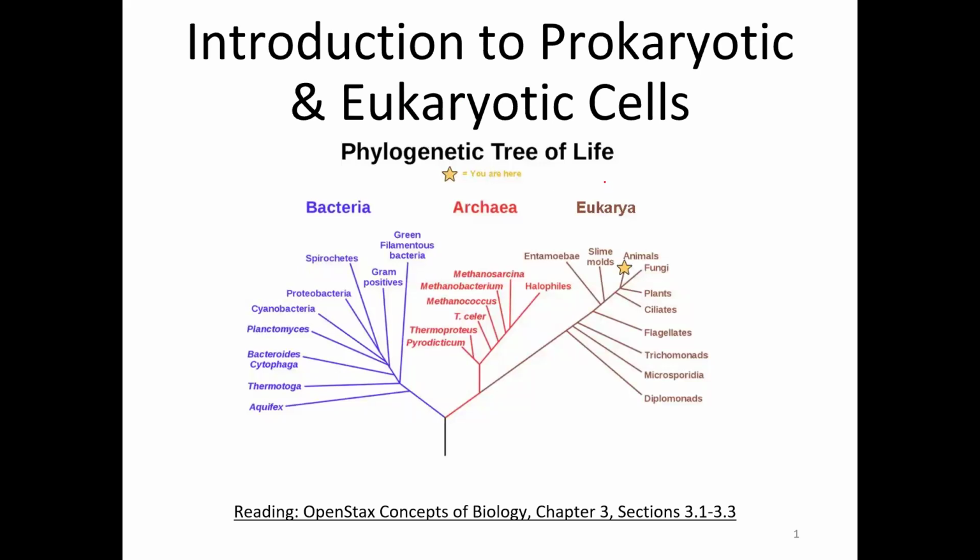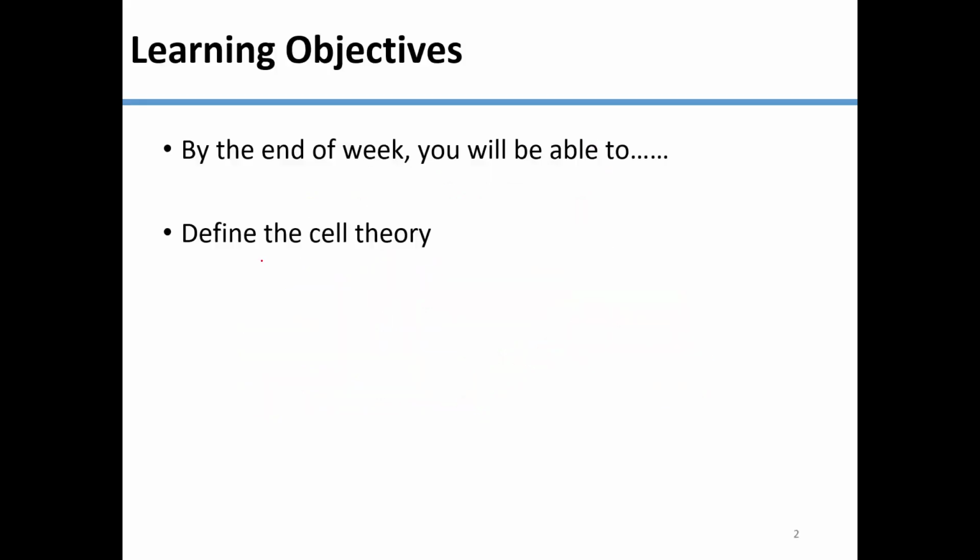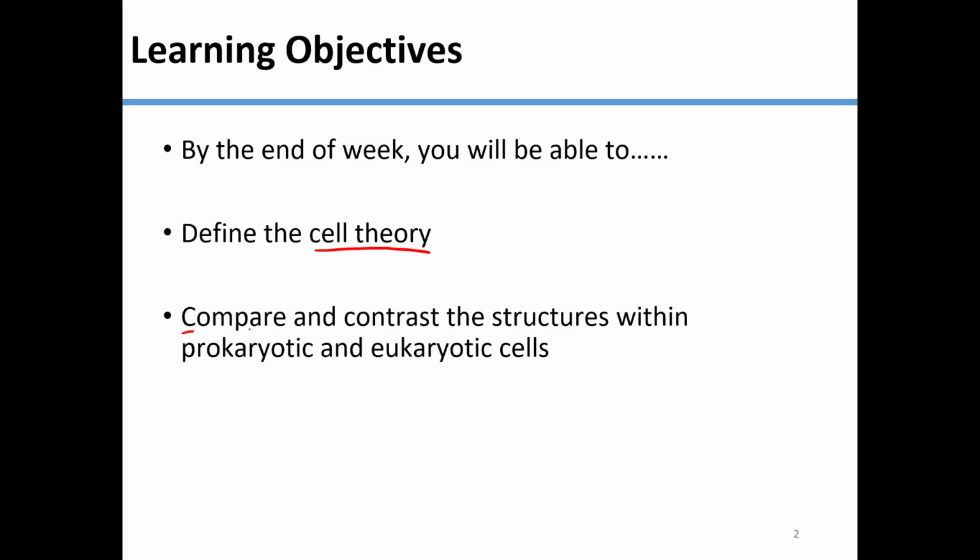And what we're going to be looking at today are prokaryotic cells and eukaryotic cells. What we're going to try to accomplish is to define exactly what cell theory is. We're also going to compare and contrast the different structures within prokaryotic and eukaryotic cells. So again, we're going to define exactly what they are, exactly what's going on with them, and then look at some of the similarities and differences they have. And based upon those similarities and differences, we're going to look at what kind of organisms they produce and what